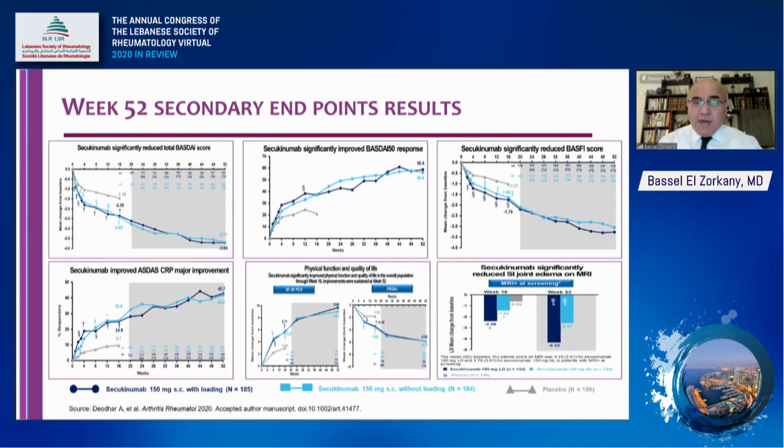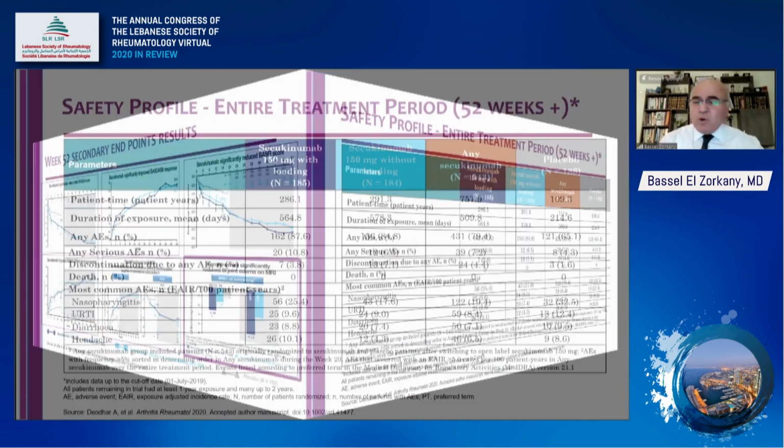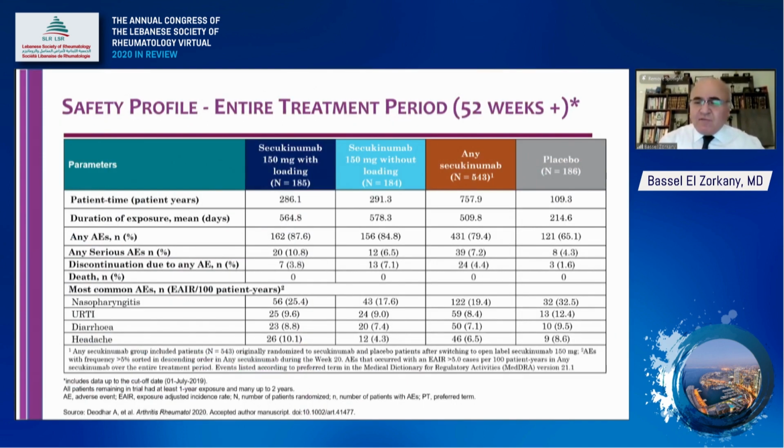But also, again, what I care about, CRP as well, the MRI, because the achievements obtained at week 16 had been exponentiated to be highly significantly different at week 52 for decreasing the bone marrow edema, that is to say the inflammation, the osteitis of the sacroiliac joint, and this is an important thing. And this can be very important, especially when coupled with the fact that the safety was okay. There are no significant differences in any safety measures.